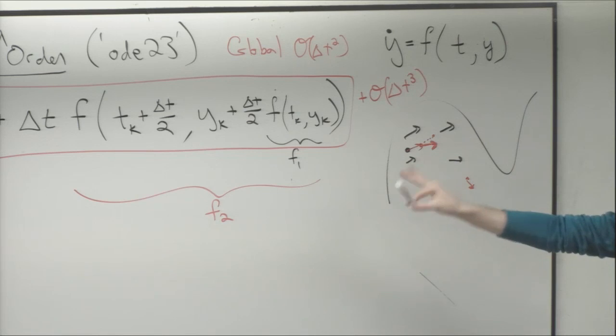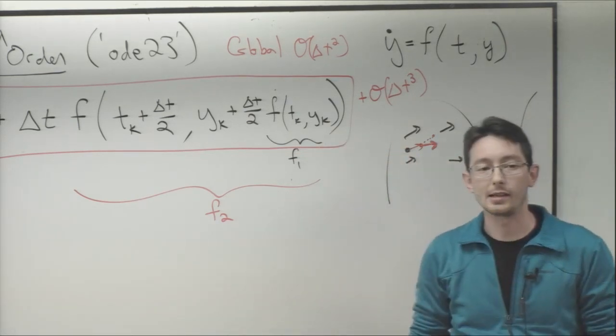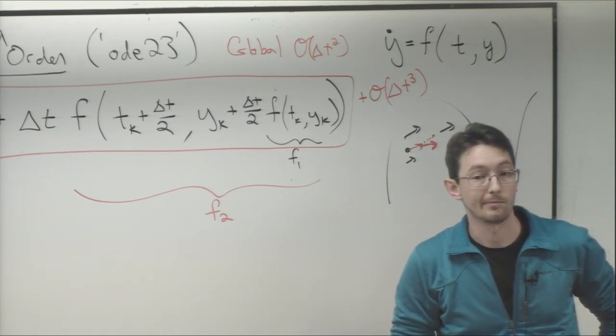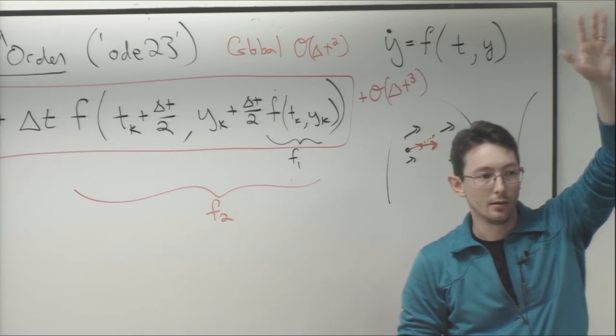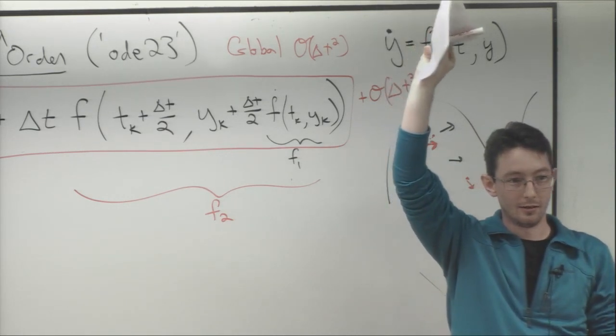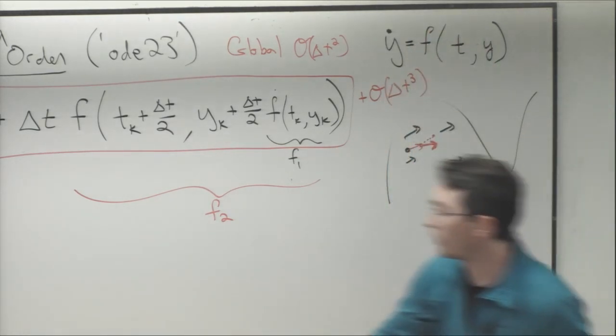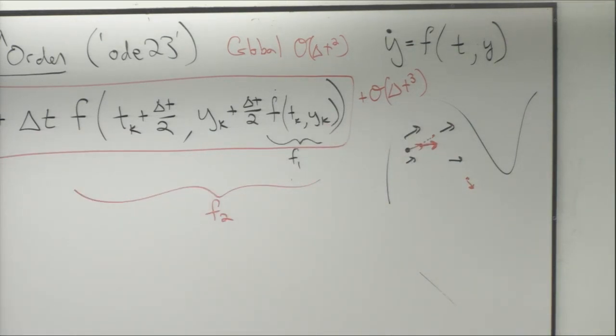Okay, so maybe this makes sense. Does it? It probably doesn't make sense how you would actually code this up in MATLAB, though. Like, how many of you feel like you could code this up right now? It's okay. How many of you don't necessarily? Okay. So we're going to do this for another example that's a little bit more complicated. So let me just write this out. So that's what we're going to do for the whole second half of the class, is we're going to code up these fancier, better Runge-Kutta integrators, and we're going to try them out on a neat example vector field.